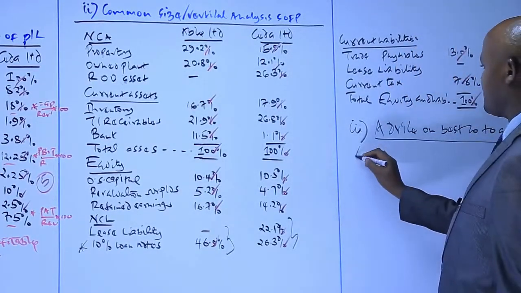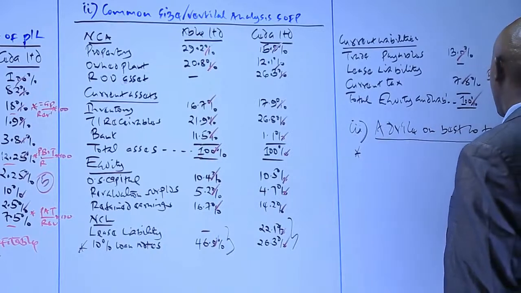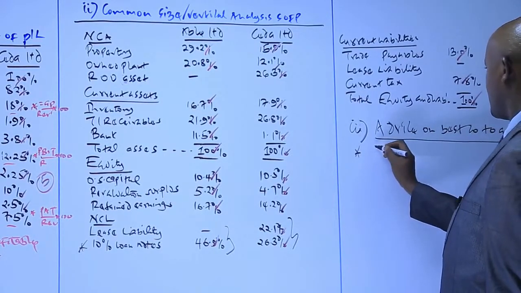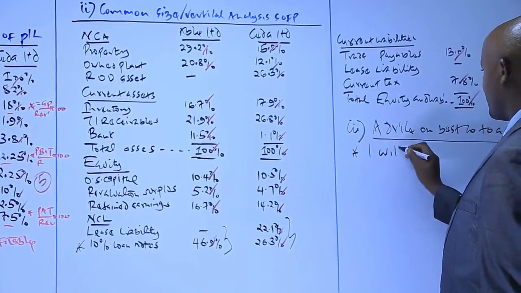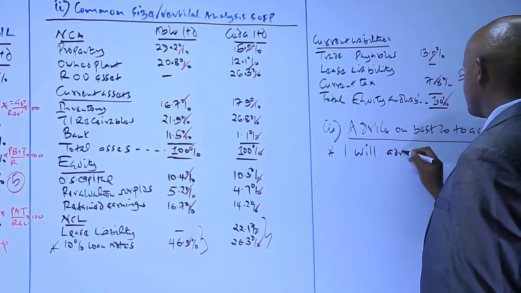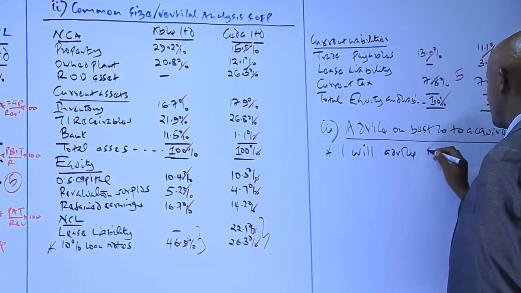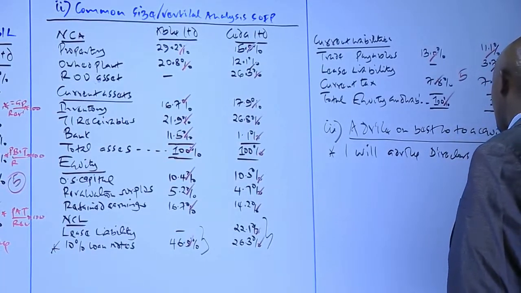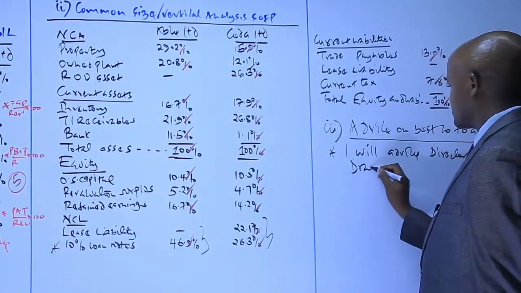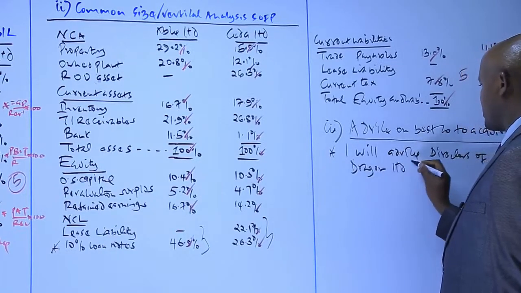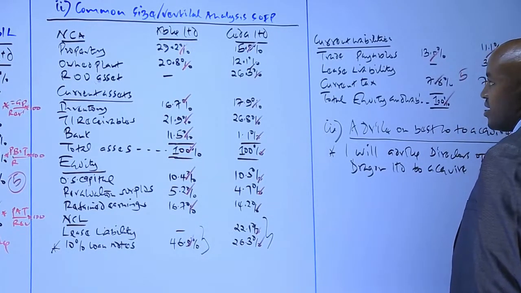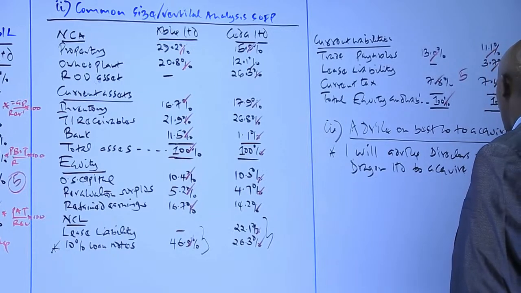So we can say, advice on the best company to acquire: I will advise directors of Dragon Limited to acquire Able Limited,